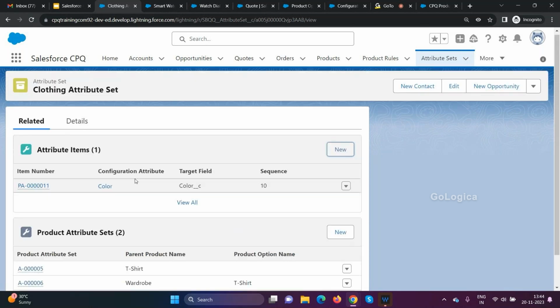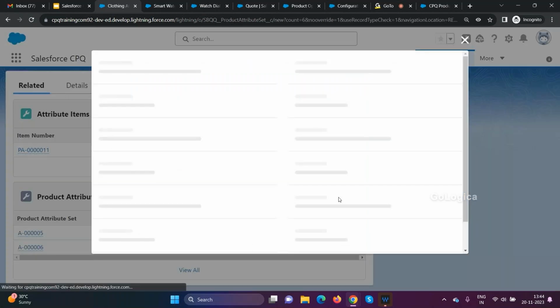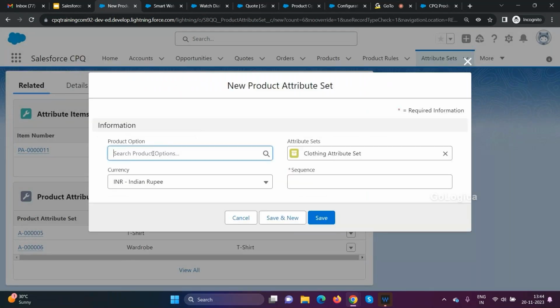Now over here, I have product attribute sets. So which means I am aligning the configuration attribute, the global attribute which I have created, to which product. So once you click on new, you can select the product option. So over here, I will choose say